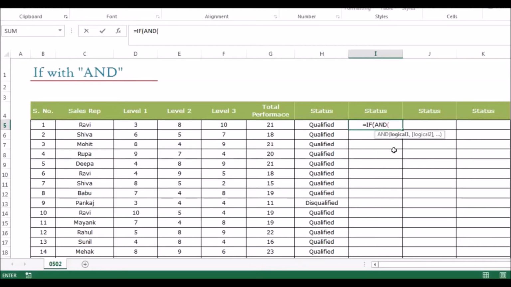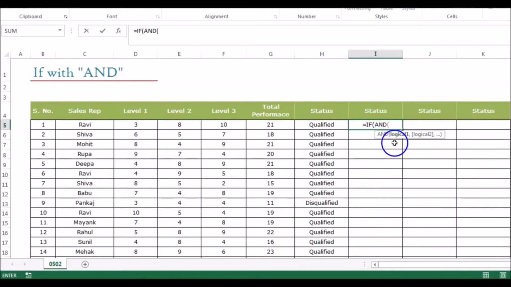Now here we have logical 1, logical 2, logical 3 and so on. The logical is basically the condition. The first condition in the AND formula is mandatory; apart from that, you can see everything is optional.